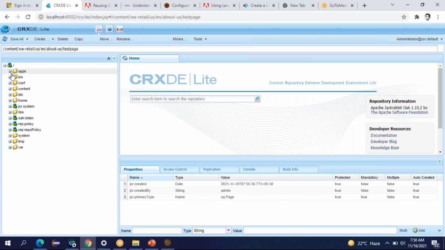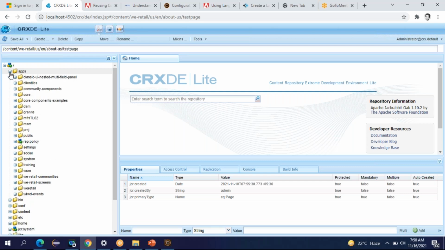In the apps folder, the developer is going to create all the static templates and all the components for your entire website. To create your website, you need to create pages. To create a page, you need templates. Templates, static templates actually, will be created in the apps folder. There are two types of templates, static templates and dynamic templates. First we'll discuss static templates, later we'll discuss dynamic templates. Static templates and all the components for your website can be created in the apps folder by the developer.